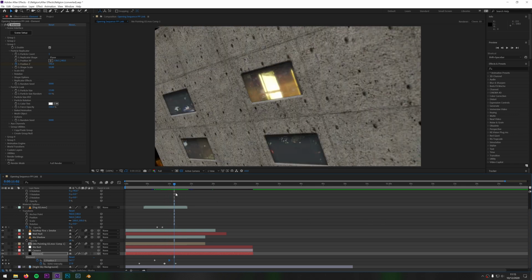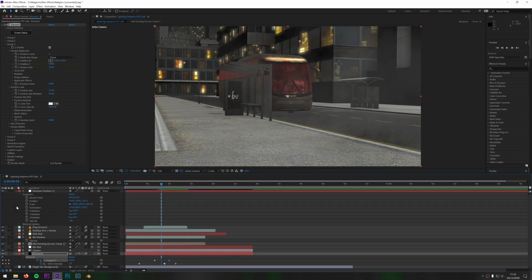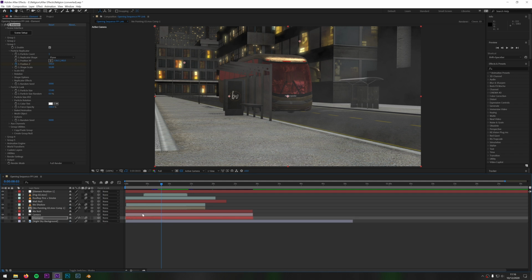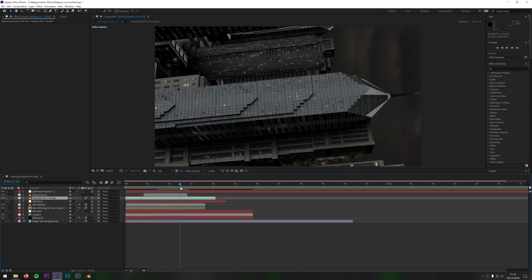One other thing you're going to want to add to your composition is motion blur. Motion blur is the thing that's going to tie all this together, and it's going to sell the effect. So you're going to want to switch on motion blur for every single layer that you want motion blur on. For Element 3D, the background isn't going to matter too much because that's going to be part of the Element 3D anyway. All of these, and these ones as well. Fog not so much, it's not going to matter too much with fog because it's not a 3D layer.